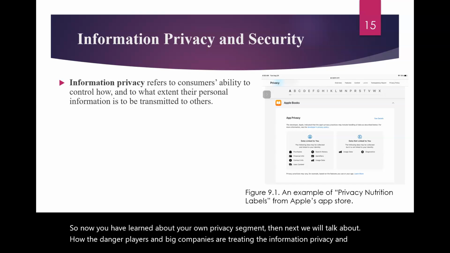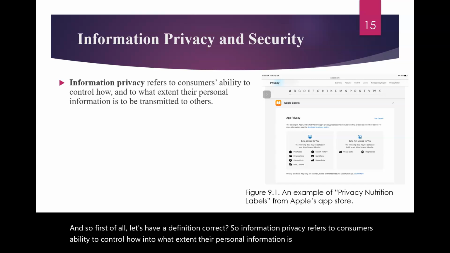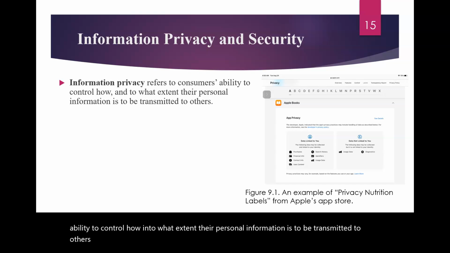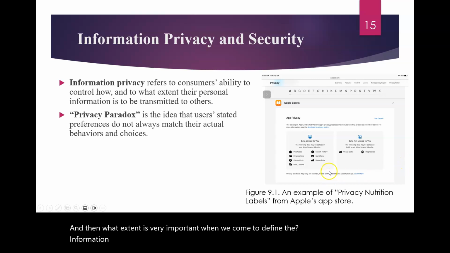First of all, let's get a definition correct. Information privacy refers to consumers' ability to control how and to what extent their personal information is transmitted to others. So control and extent are very important when we define information privacy. And there is a term called the privacy paradox